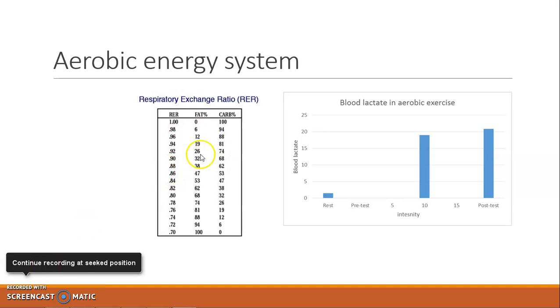Normative RER values in this table here for an untrained person is 0.84, and as shown in the graph, 0.84 is 53% fat and 47% carbs used. After training, we would expect to see the RER value drop to about 0.80, which is 68% fat used and 32% carbs used, showing that after training, the body gets used to using more fat and saving the carbs to help reserve them. So these two combined make the system more effective, and therefore the athlete can use it